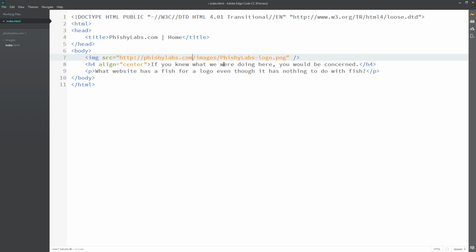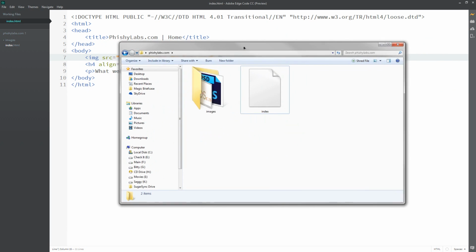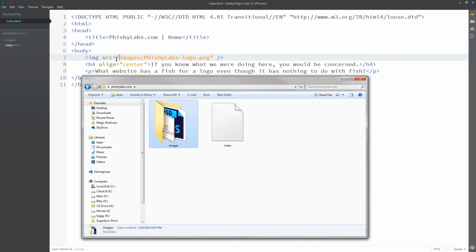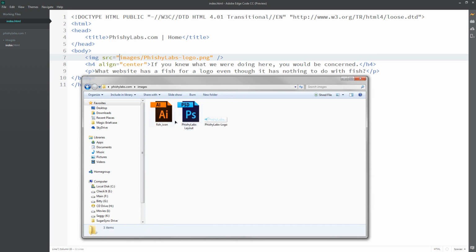All right. The alternative to this is to get rid of the http:// and instead we'll just have images slash fishylabs-logo.png. Basically what this is doing is telling the browser to look within the same directory as the current file it has open. So in this case it's index.html, and it's saying to look somewhere in this same area for a folder called images. So it says to go into this images folder and then find the file